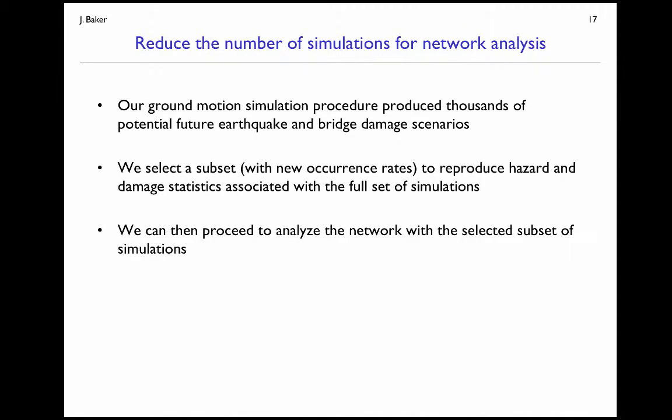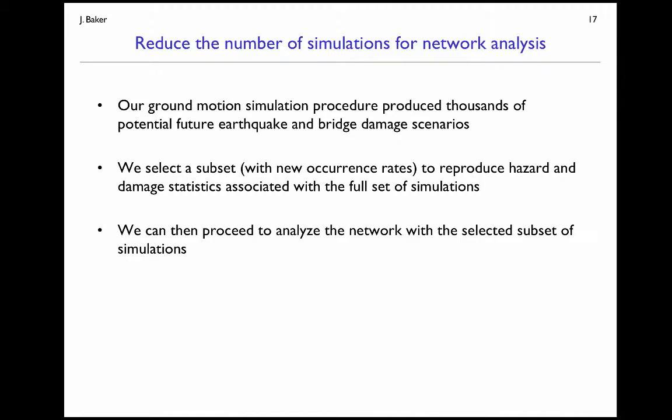Okay, so at this point we've done ground motion simulations and bridge damage simulations. That was all quite computationally easy. The ground motion predictions are empirical, it's just evaluating equations. The bridge damage is also evaluating simple fragility functions, so there's no computational cost so far. When we go to our network analysis, we're going to head into a domain where there's a significant computational cost associated with analysis, and we can't carry through these thousands of simulations that we've produced to date.